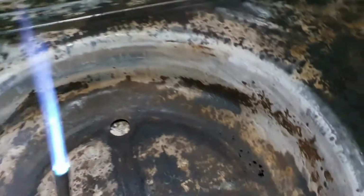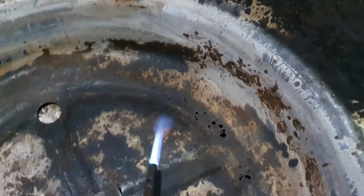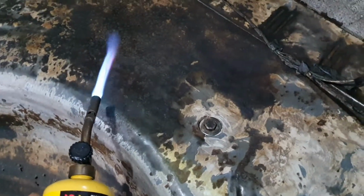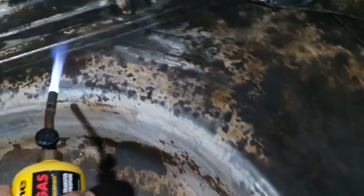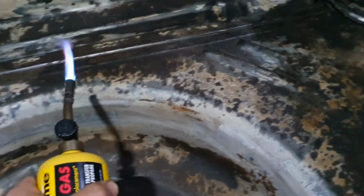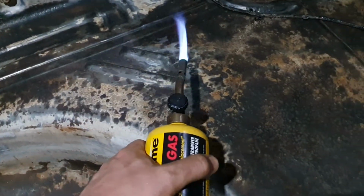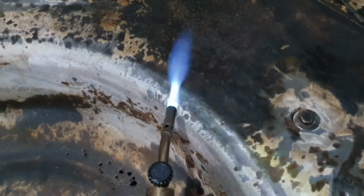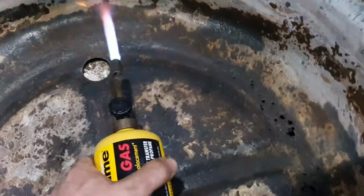Here's a little something I like to do. I'm just going to use my blowtorch here and just run it over the surface I'm about to paint, mainly these areas where there's the worst rust. It just heats the steel up, which means that my drying time is going to be a lot faster. It's probably not recommended on any can by any person at any stage, but I found this works a treat. So I'm just going to go over these bits,